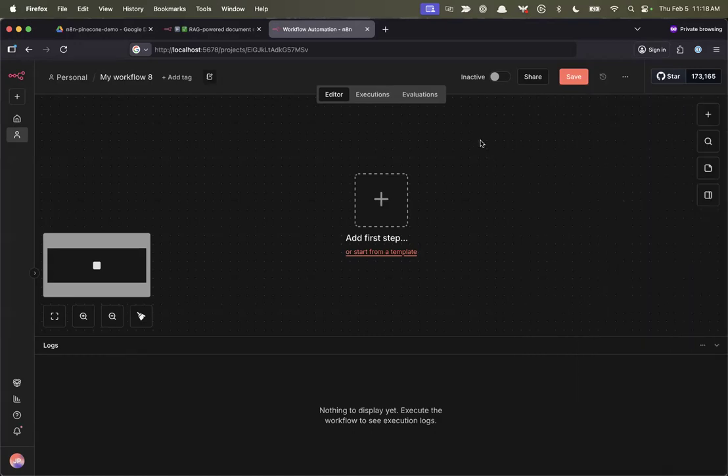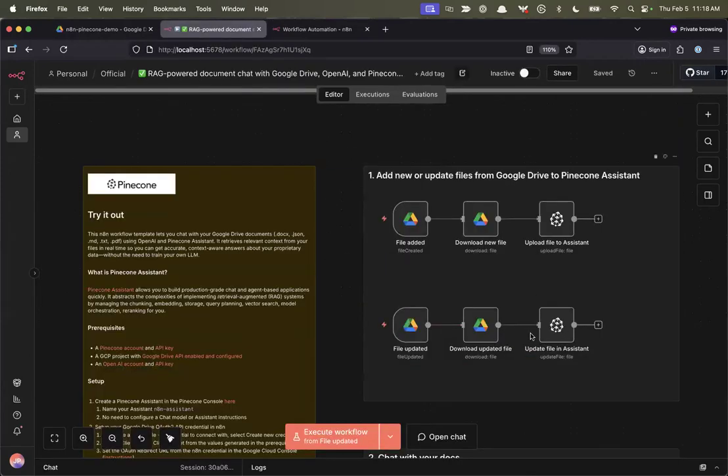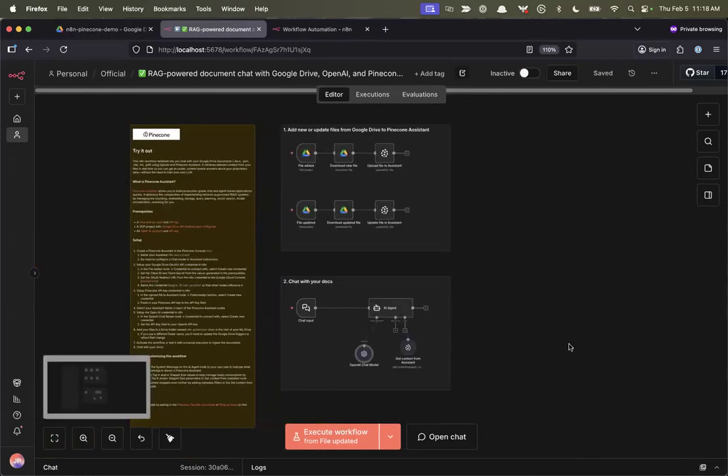So let's take a look at this. This is a very common use case that I have been seeing people implementing with the Pinecone vector store node. It's very common with how people are using Assistant today outside of N8N. And so that was the first thing that I wanted to show off.